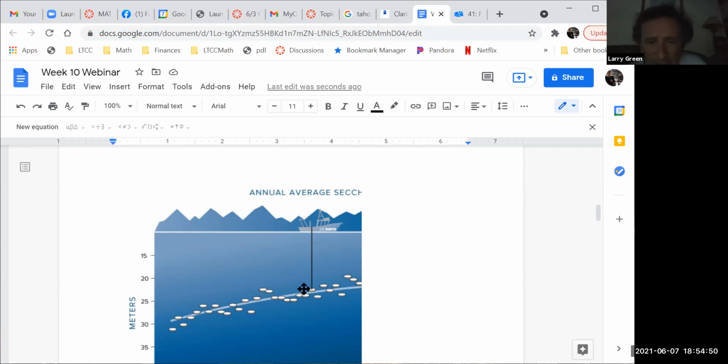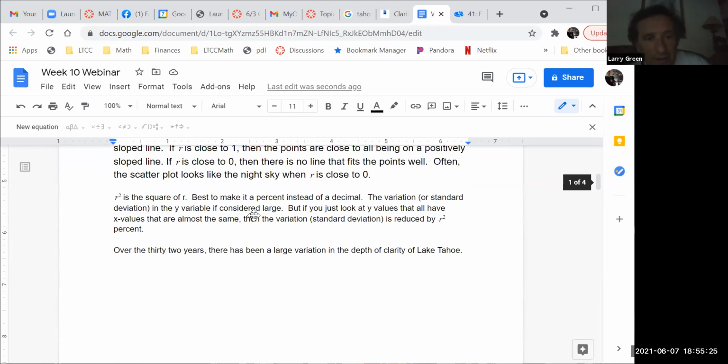But if instead we just look at, say, these 3 years, notice they're not all over the place. They're almost the same number of meters. You see that? Or if you look at these 3 years, or if you look at these few years, or if you look at these few years. So if you only look at a few years at a time, where the years are all kind of clustered together, sometimes you call that a cohort, then there's not a lot of variation. They tend to stay about the same number of meters of clarity, of depth of clarity. Do you see that? So now let's continue on.